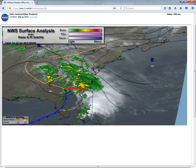Looking at our surface analysis this morning, we have a warm front currently across South Carolina. Pressure gradient across the region is fairly tight as the area of high pressure off the northeast states is still holding on to our area. That's going to provide us with gustier south to southeasterly winds for today. This warm front disturbance will move up into our region for the afternoon and evening hours, providing us with rain